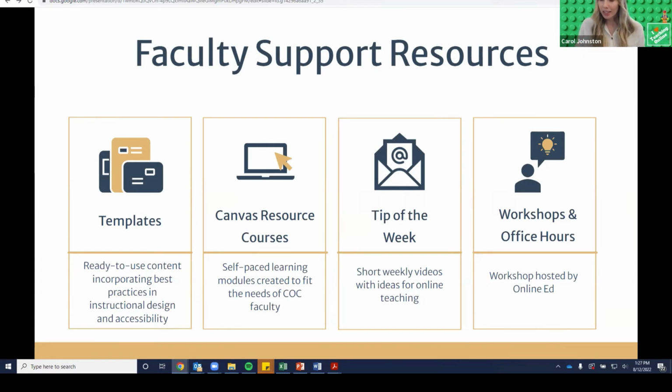Okay, so our next resource that we have available is Canvas resource courses. So we have a few of these. They are self-paced, they're free for you to just look at and read the resources and use them as you wish. We have one about teaching with Zoom, using Canvas Studio to record videos, online accessibility, student engagement, all kinds